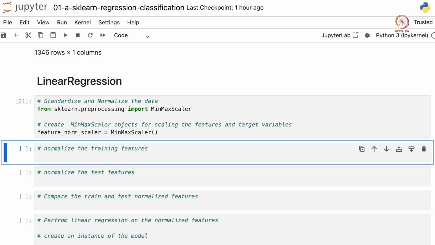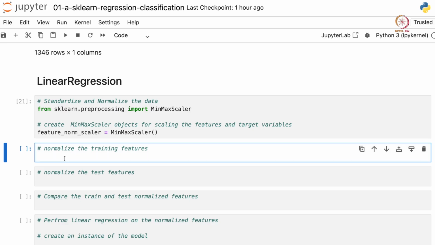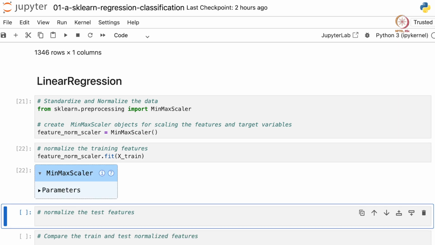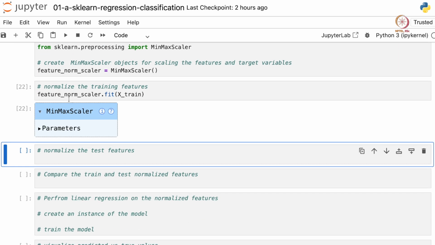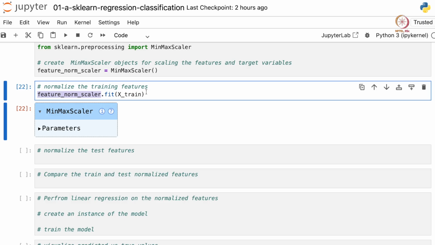So let's run this. And the way we normalize our features is to call this instance feature norm scaler, then use the .fit method. This basically learns from the given data, so that it learns the minimum, maximum, etc. from the given data. And we pass X train here. And we run this. So now this instance has learned the statistics of X train.